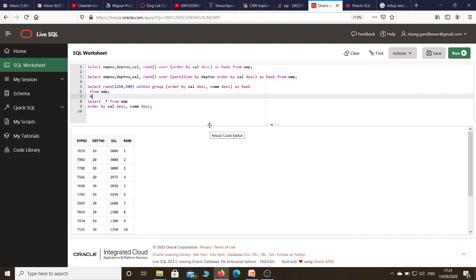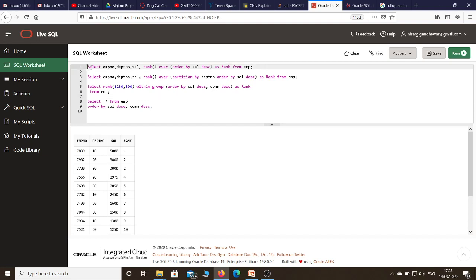Okay, we already discussed the problem statement, and I have already shown you these queries. Here I'll execute all these queries, and I will demonstrate how they work and what kind of output you are getting. First of all, suppose I want to find the overall rank. Suppose I want to assign an overall rank to all employees of the department. So how can I do this?